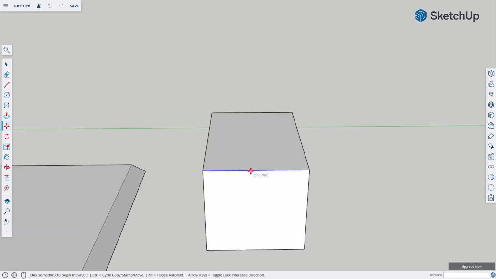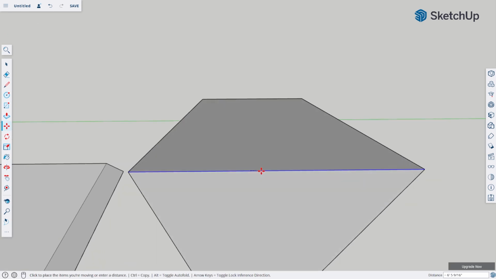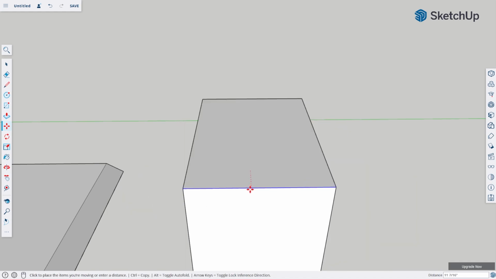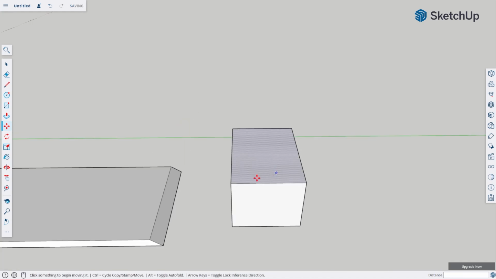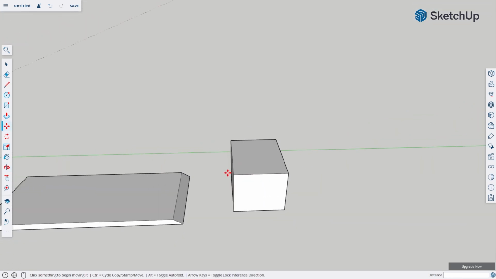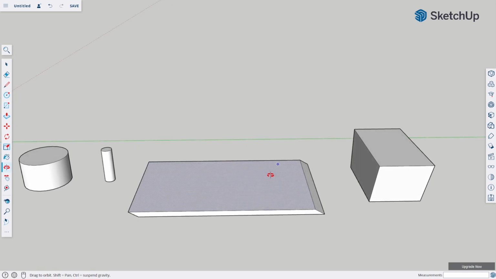For moving the edge of this object, I'll just hover on any line or edge and click once and drag my mouse to move it in any available direction. And to close it, I'll just click once again to settle the position. And lastly, just like the previous tool, you can also type a specific number on the box below to set the distance of your movement.